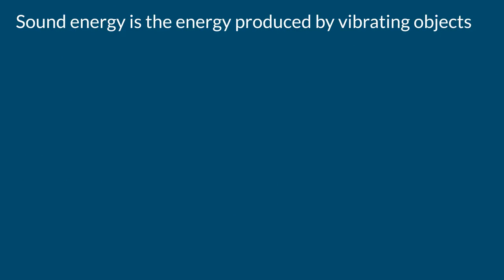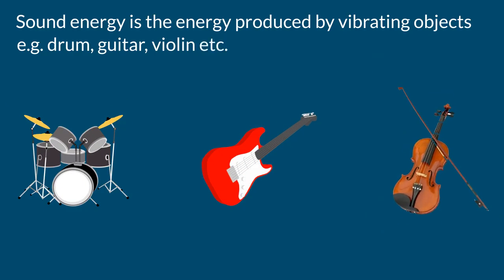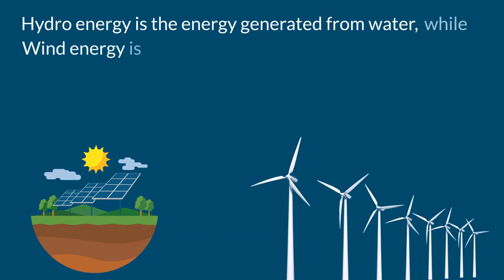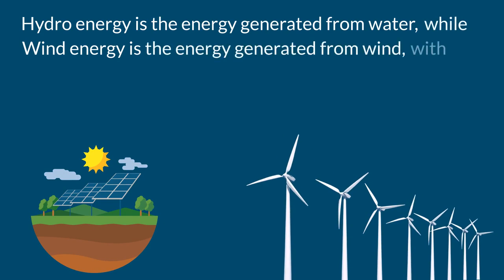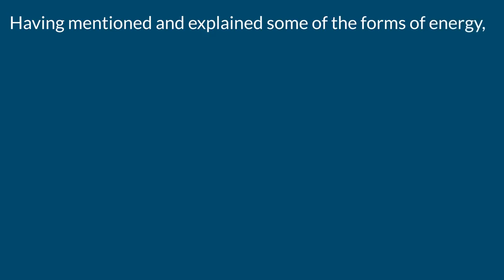Sound energy is the energy produced by vibrating objects, for example, a drum, a guitar, or a violin. Hydro energy is the energy generated from water, while wind energy is the energy generated from wind with the help of a wind turbine. Having mentioned and explained some of the forms of energy, it is important to understand that